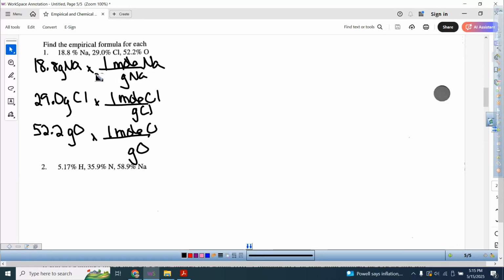And for sodium, I use 22.99. For chlorine, I use 35.45. And for oxygen, I use 16.00 or 16. And when I solve, I want to make sure I don't round the number too much. So for the Na, it gives me